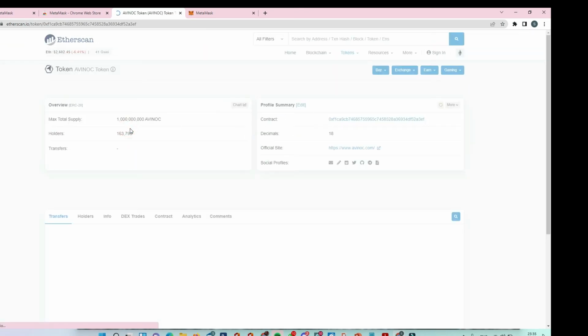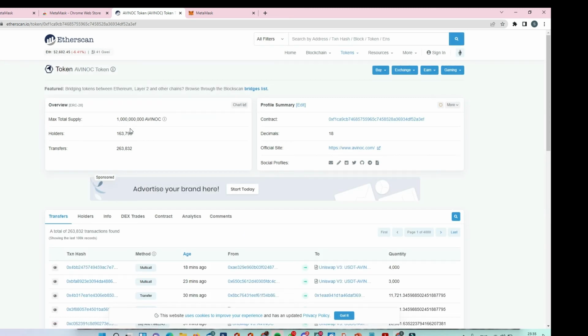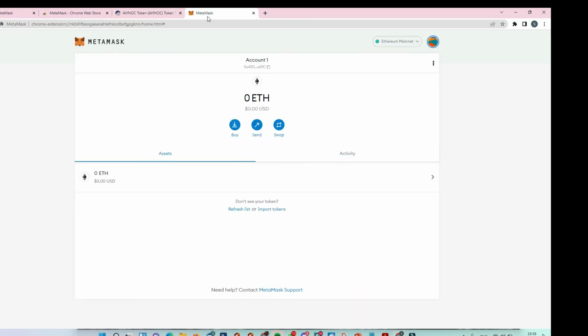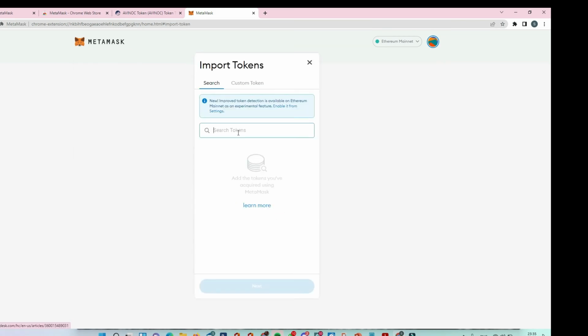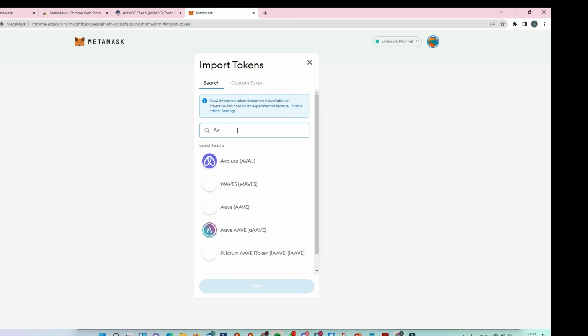Avinoc comes up as an ERC20 token, and what you need to really focus on is the contract. This is a contract for the token on the blockchain, and you need to copy this contract address. Just go to copy address, it's copied, and then you go back to your MetaMask, and if you want to import that particular token into your wallet, you just go to import token,